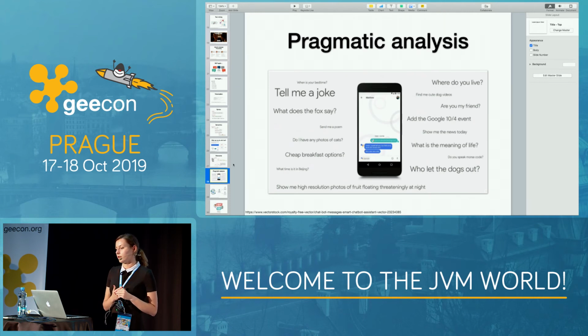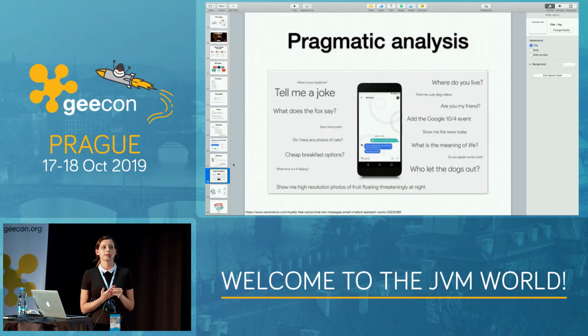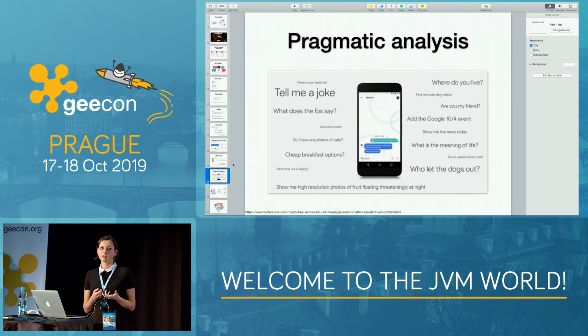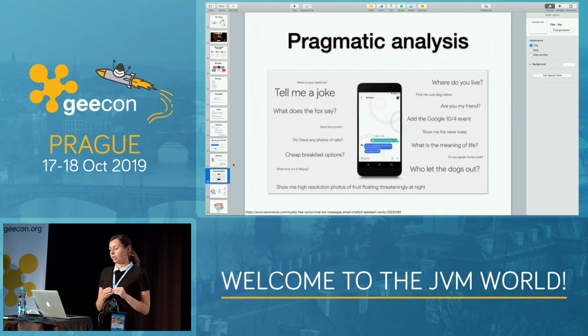And the last part is pragmatic analysis. We want to be sure that the chatbot really understands what the question was about and what the subject of the conversation is. If the user texts, please tell me a joke, we want to know that it's chit chat, and we don't want to look for some specific answer in our database. This is very hard, as you've seen before. Not every chatbot is able to do that.